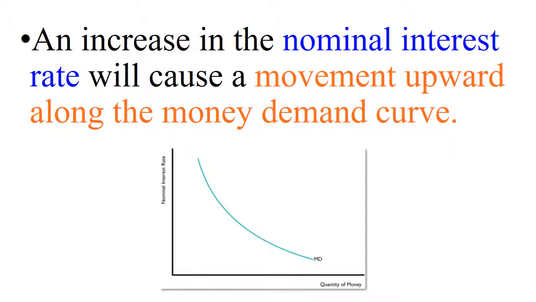If the nominal interest rate decreases, we still draw two dots along the curve. But if the nominal interest rate decreases, the quantity of money demanded goes to the right, so the quantity of money demanded increases. Nominal interest rates are the non-shifter, the move along the curve for the money market model.